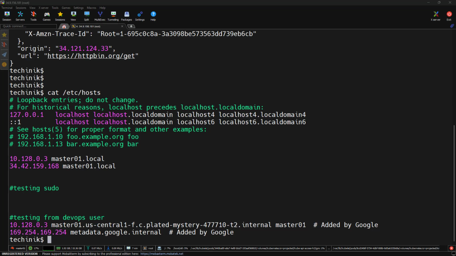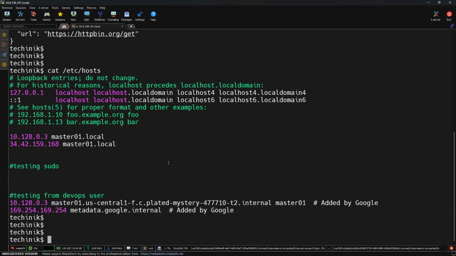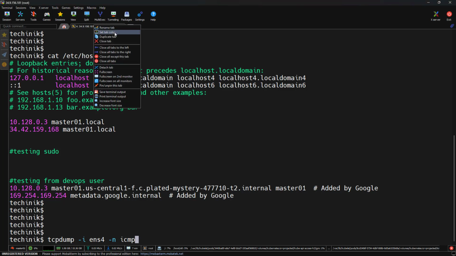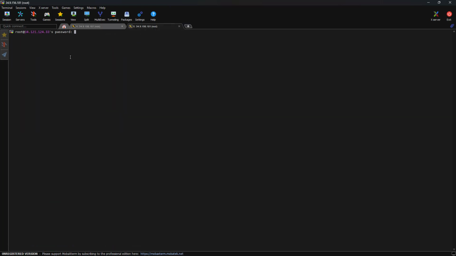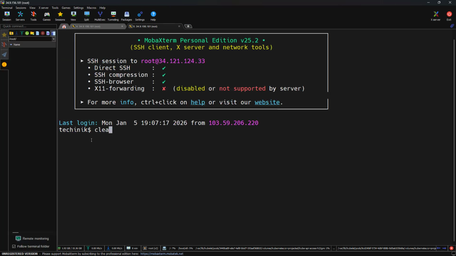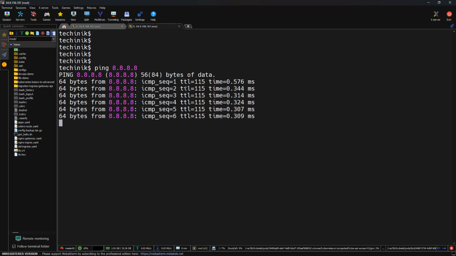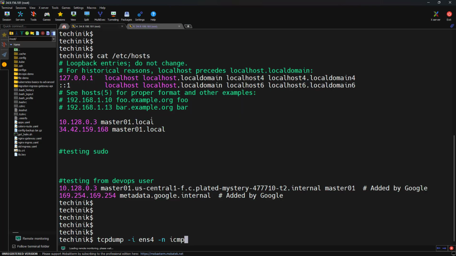For teaching purposes, we will generate traffic ourselves. So I'm using the tcpdump -i ens4 command. That is the interface, and I'm looking for the ICMP protocol. Here I'm listening on the interface and filtering only ICMP to keep the output readable. Let me duplicate the session as well, because I want to simulate how the traffic shows up using tcpdump. Let me clear the screen, and here let me run the ping on the same IP address. The traffic is going through the ICMP protocol because ping uses that. And if I hit enter here,